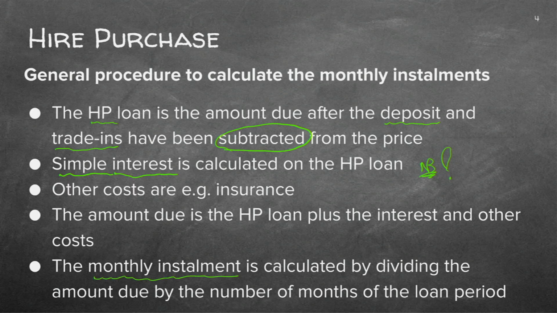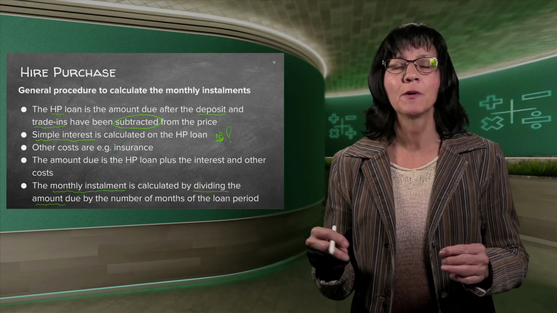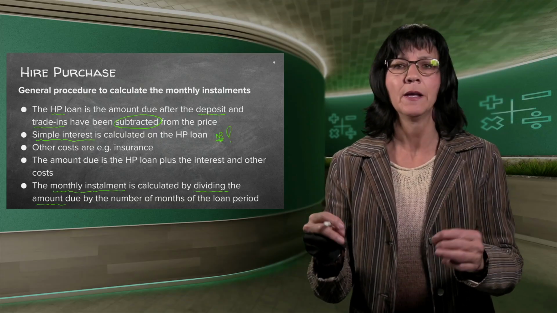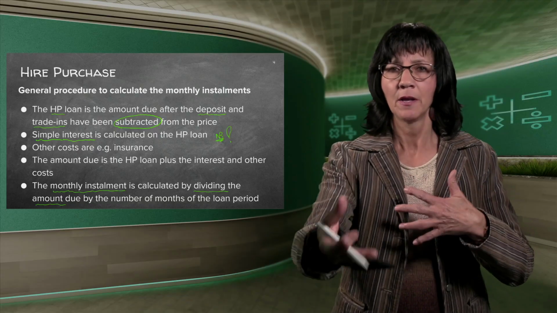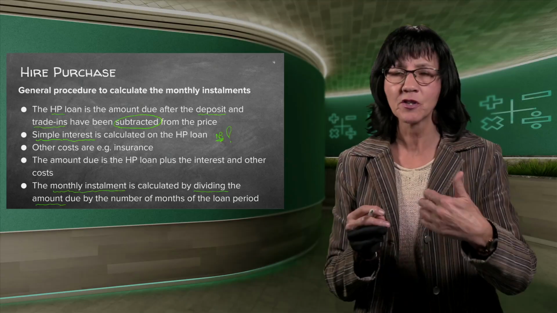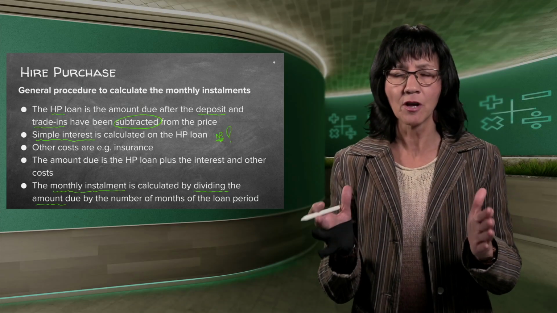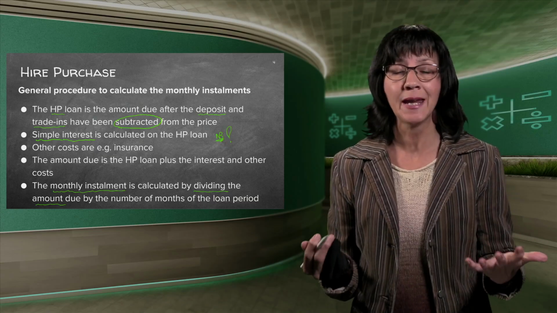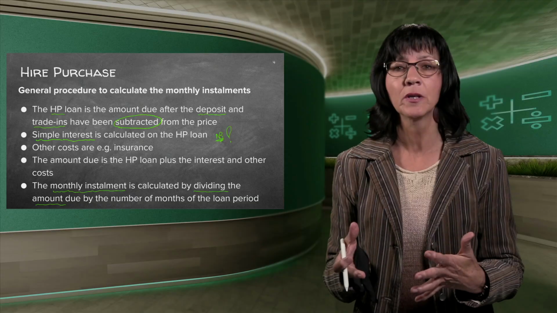The monthly installment is dividing the amount by the number of months that I'm working on. So if it's for a year and they want to know, but what are you going to pay monthly? Because remember, I'm going to use the normal A formula. So that's going to give me the end amount. But if they want to know, but what are you paying monthly? I need to see how many months there are in that time slot, and I need to divide by that amount of months, because I need to in the end know, this is what it's all about, how much I need to pay monthly.